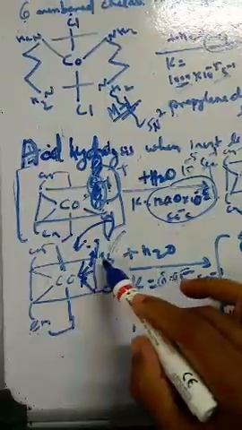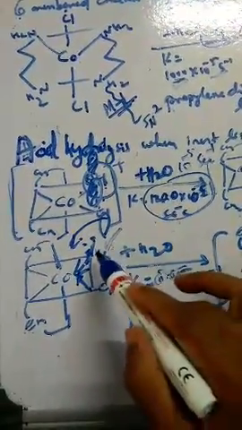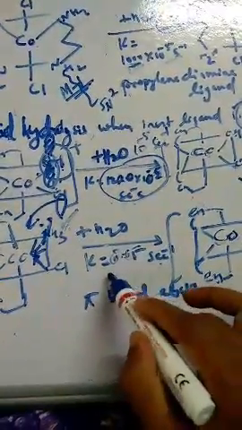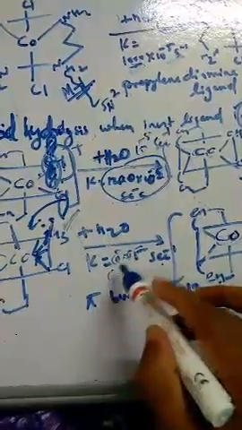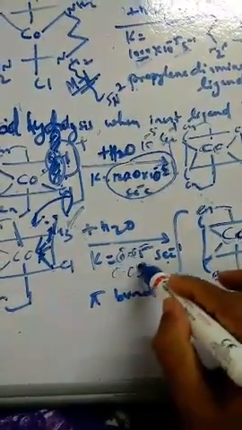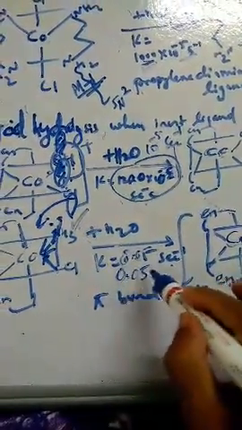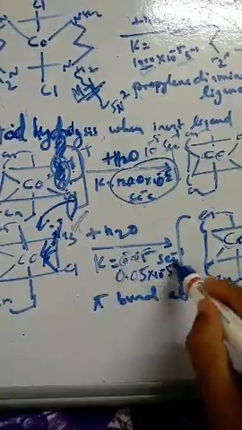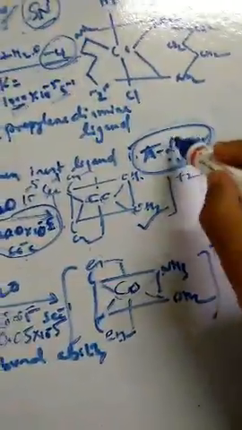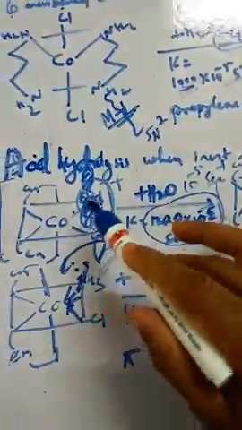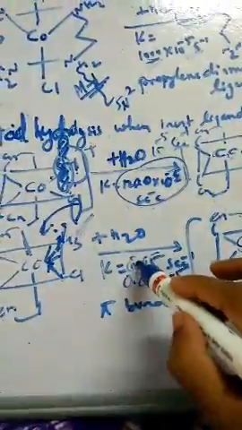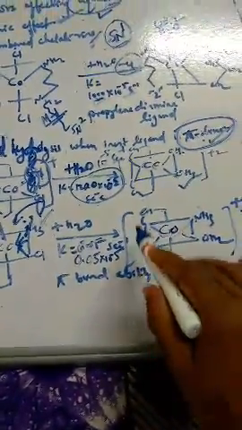Similarly, you can see here it is the same substitution, but with NH3. You can see the rate of reaction here is 0.05 into 10 to the power of minus 5 per second. Very low. So this is the effect of the pi donor. Oxygen is going to donate, and because of that the rate of substitution is very fast, but in this case it is very slow. So this is the pi bonding ability of the OH.